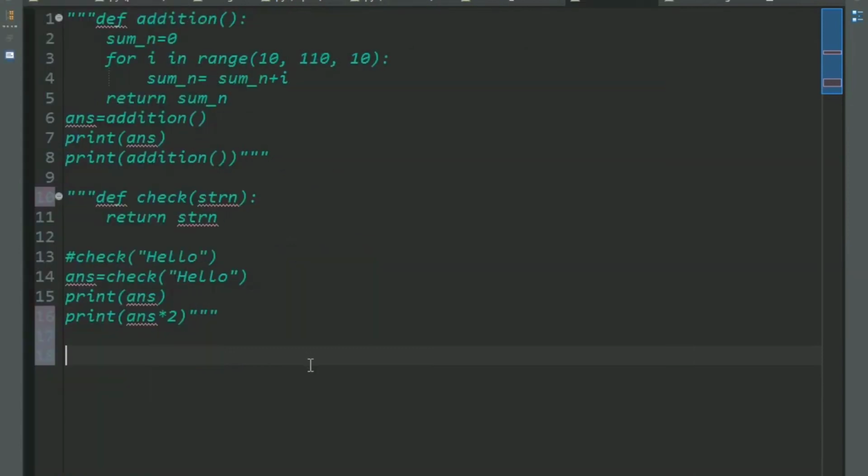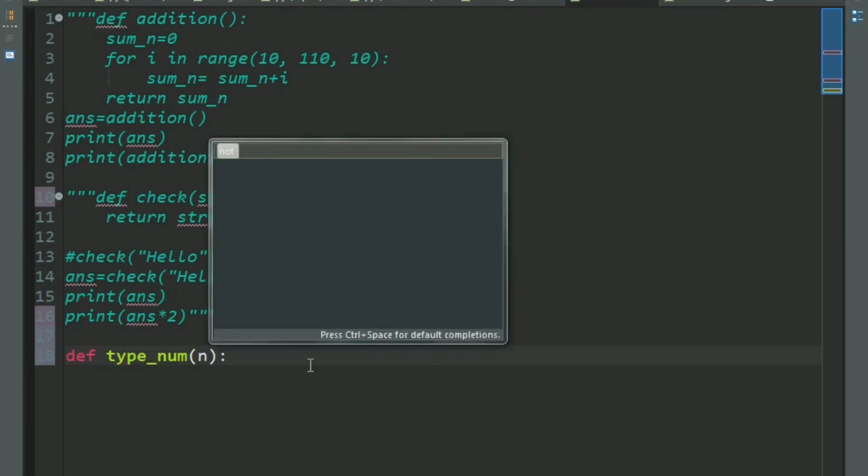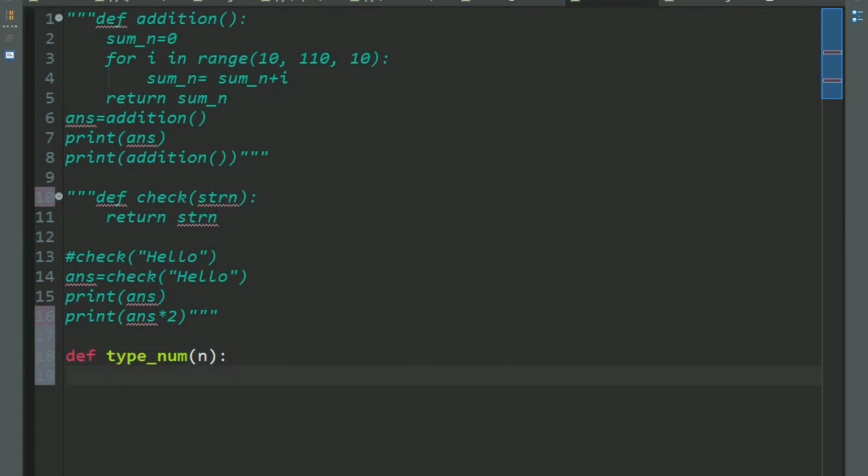Now our function was checking if the number is positive, negative or 0. So let's define our function. Let's declare it first, then we'll define it. Let's name it type of number. I'll just shorten it down. And I'm going to pass the parameter, let's say any variable, let's say n. Now I shall simply give my if and else conditions and check if it's positive, negative or 0. It's pretty simple, no issues with that.